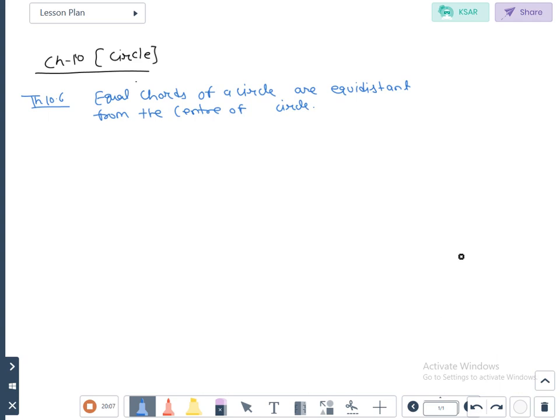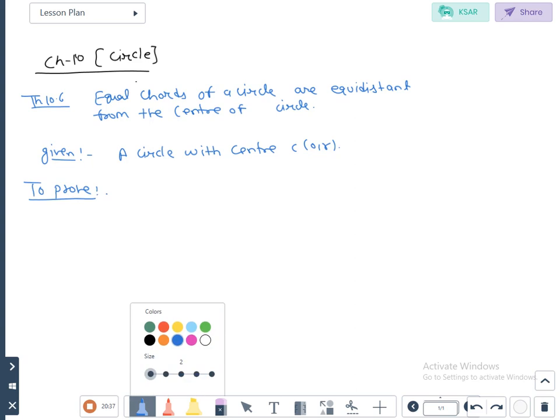So students, here chords are equal, then we will prove that the distance from the center of those chords is also equal. So first of all, we will write down a circle with center O comma r. What will we prove here? First of all, we will draw the diagram,